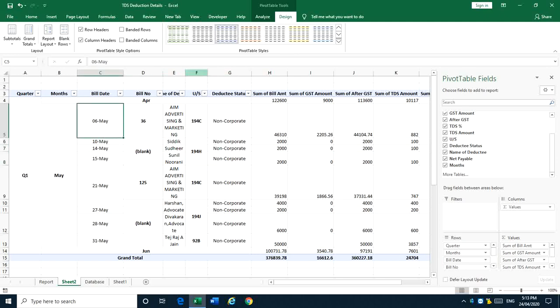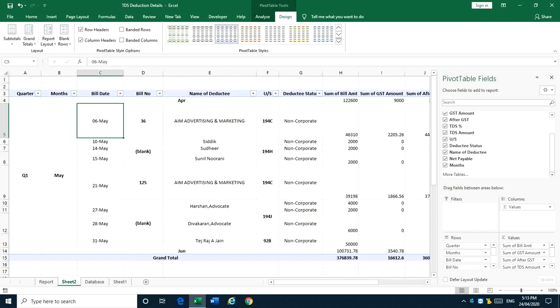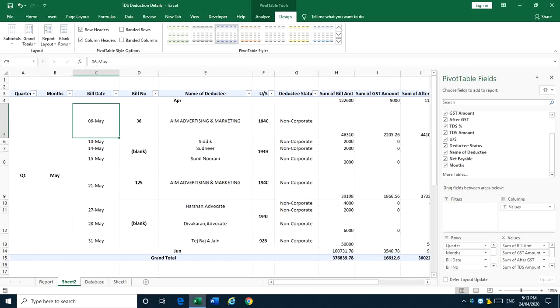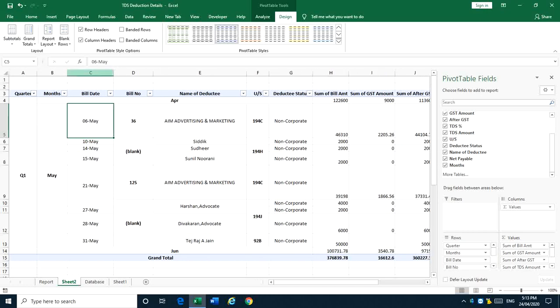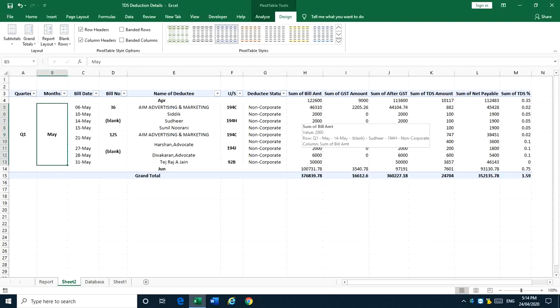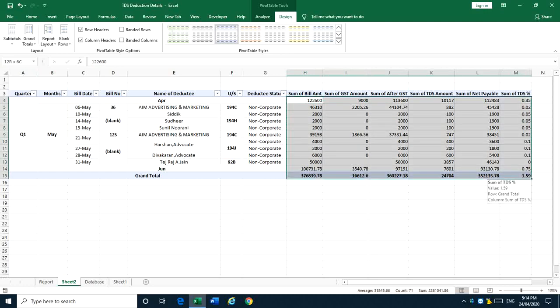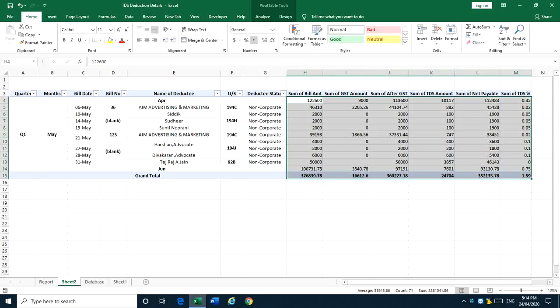Double click on the column, and the name is expanded. Now you can make the column more beautiful by double clicking the column size. Save it. Change the format of the amount to comma style, accounting style.